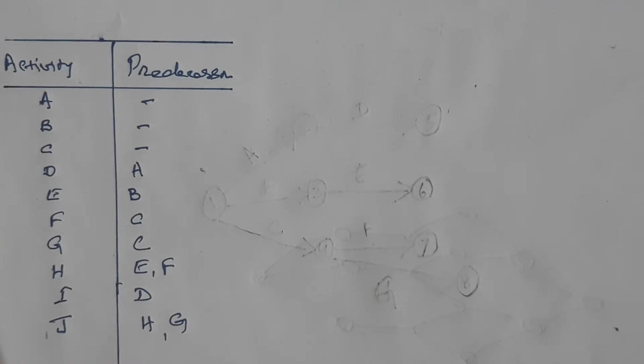Now let us take a real-time example. What are these A, B, C, D, E, F and all? Imagine that you are planning to buy a house. The first activity is whether you need to go for an independent house or an apartment. Then the next step is the location. So these two activities can be done simultaneously: which location, and whether to go for an apartment or an independent house.